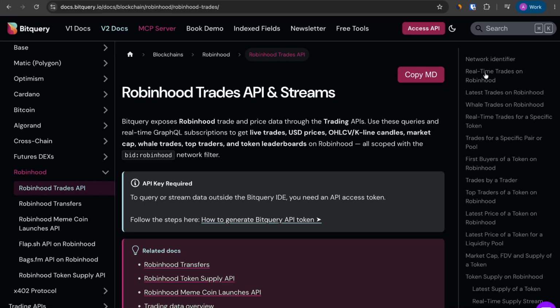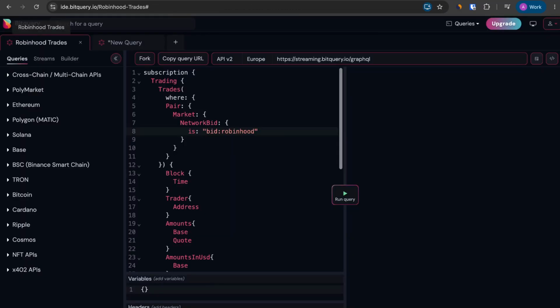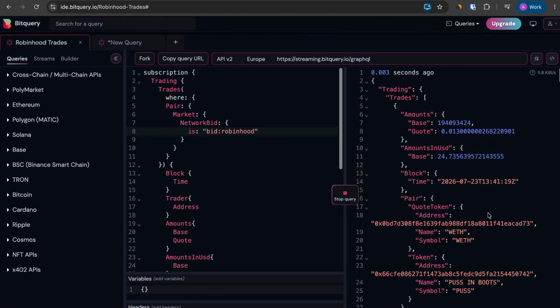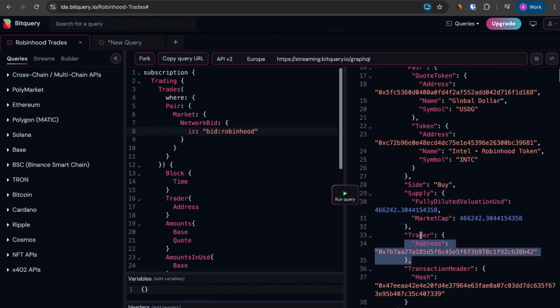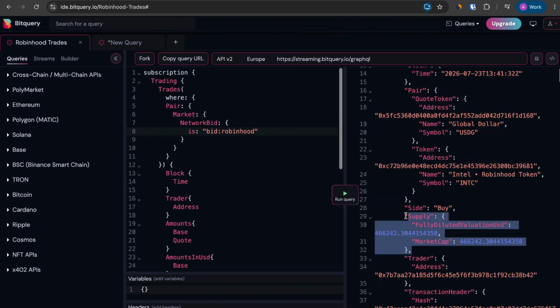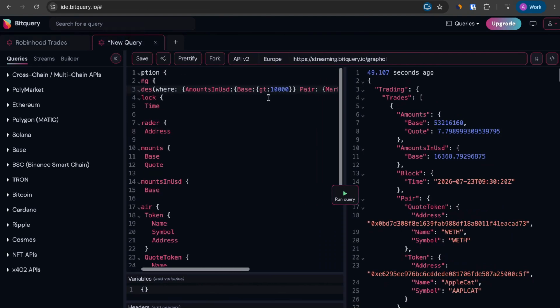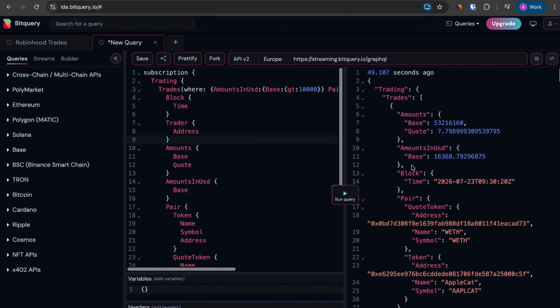First, let's stream real-time trades on Robinhood. Every trade gives you trader address, buy or sell side, amounts in native tokens and USD, the token pair, and live market cap and FDV. This works across all Robinhood tokens, including tokenized stocks. Want only large trades? Just add a USD threshold filter on amounts in USD.base to catch whale trades, $10,000 and